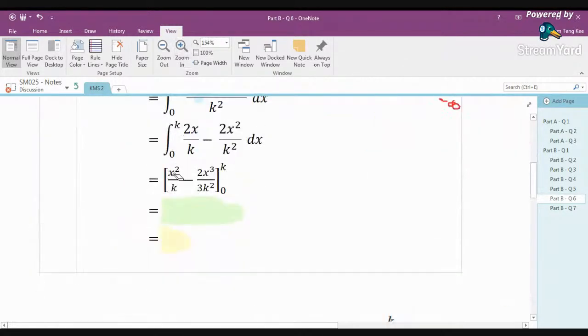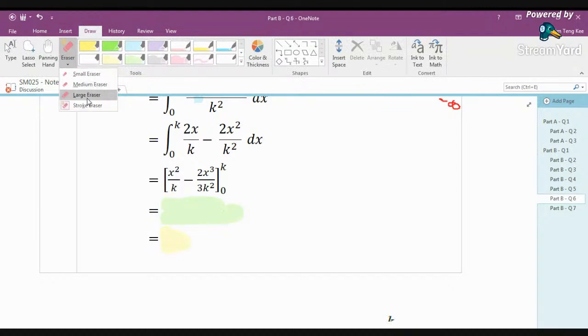By the time I substitute k into these equations, I find the function gives me the result of k. I just cut short the calculation. When the time I substitute with 0,